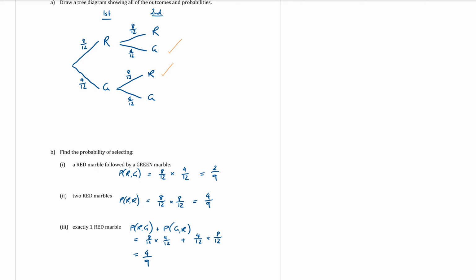Can anyone think of an alternative? Oh, I can hear people whispering. No? Times one of the minus. Yeah. What you can do, the shortcut, especially when there's lots of branches, this is not a very big tree. Sometimes there can be a huge number of branches. If there's only 1 branch that you don't want, find the probability of that 1 branch and do 1 minus. So you go 1 minus 4 over 12 times 4 over 12, and that will give you the 3 branches that you do want. It will still work the same if you do all of them and add them all together. Okay, so you need to do 3F